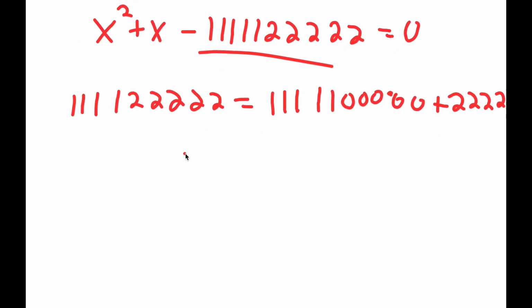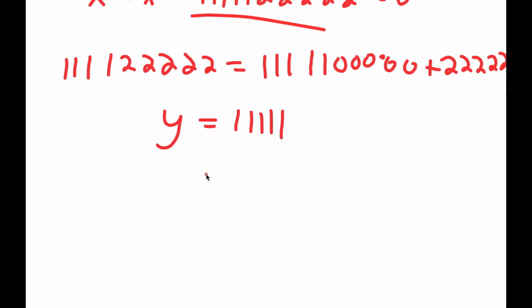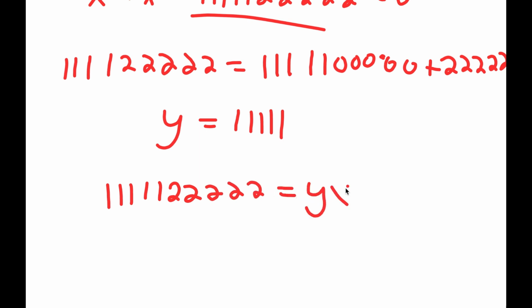So I'm going to let y equal 11,111. So I can rewrite this as 1,111,122,222 is equal to y